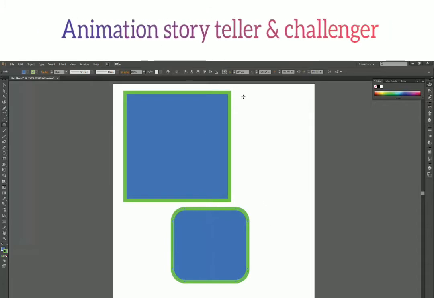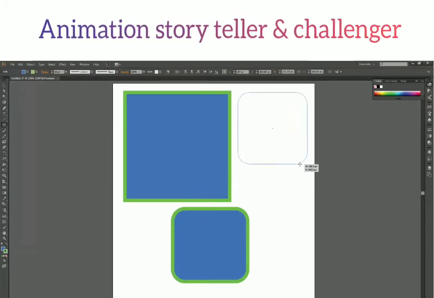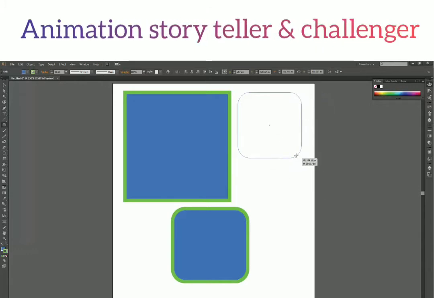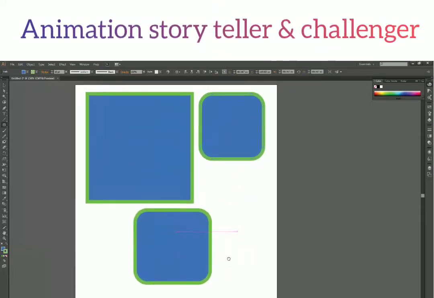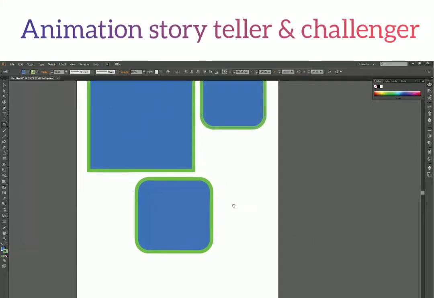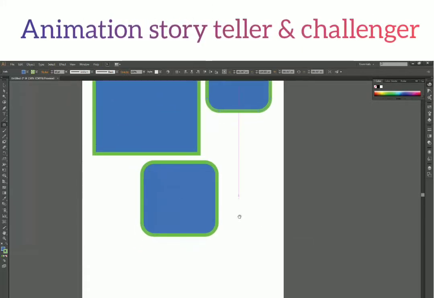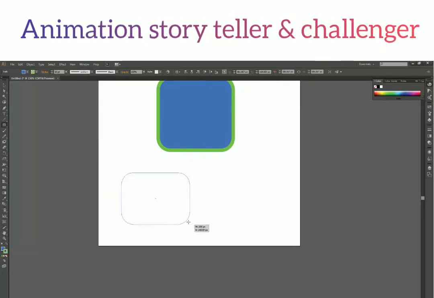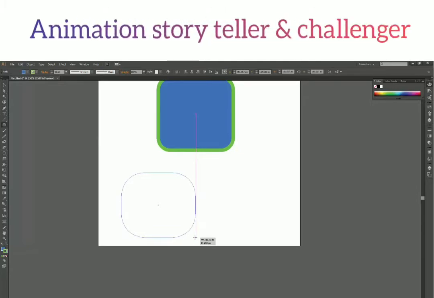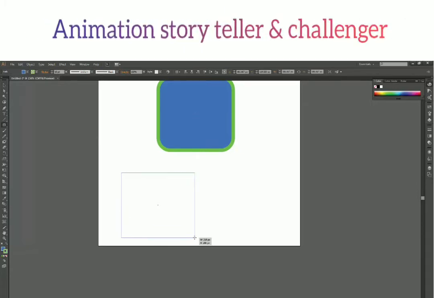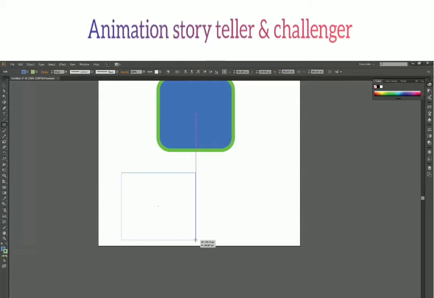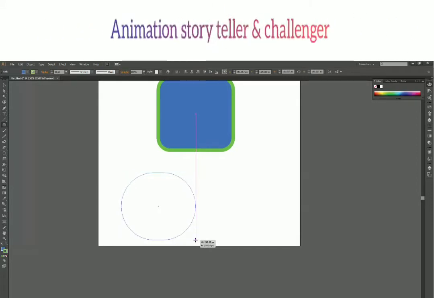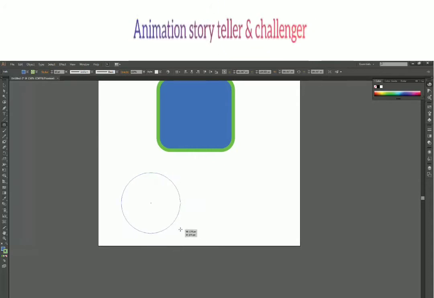Okay, so like in rectangle, we can draw a square from rounded rectangle also. Just click and drag, and when you release, you have your square with rounded corners. Now there is one thing in rounded rectangle. If I want to change this corner radius, how can I do that? You have to press the up arrow key and down arrow key on your keyboard. When I press the down arrow key, it becomes very sharp. When I press the up arrow key, the corner radius value increases, and it can be a circle too.